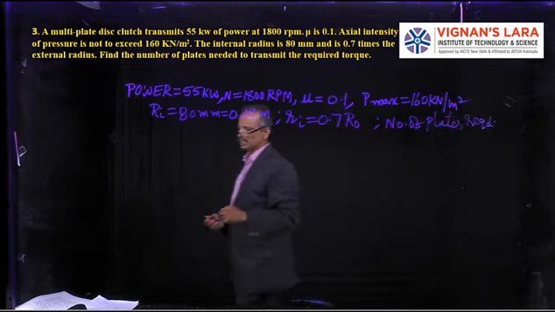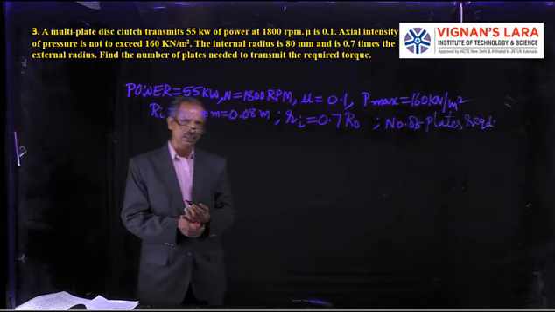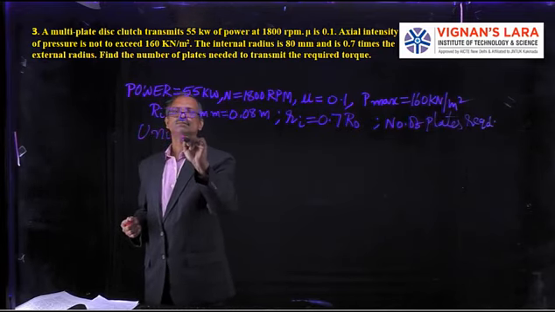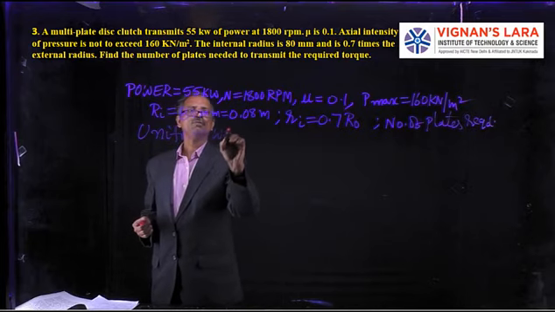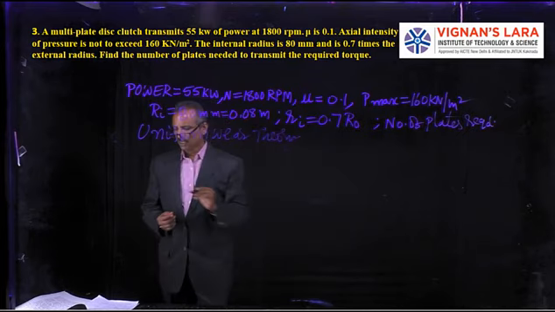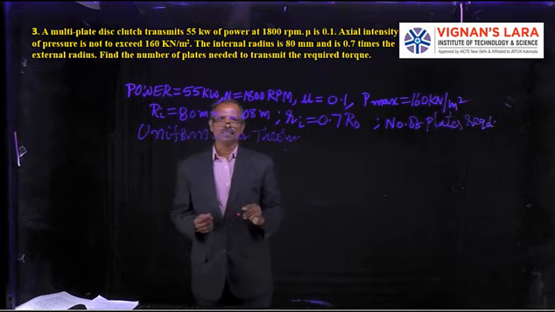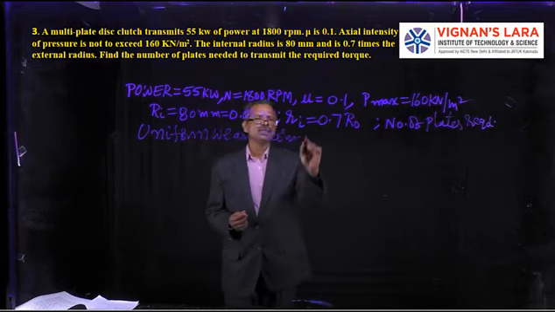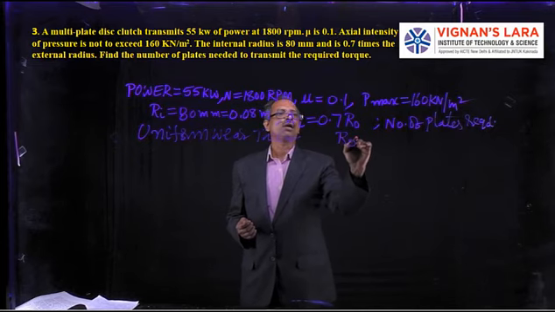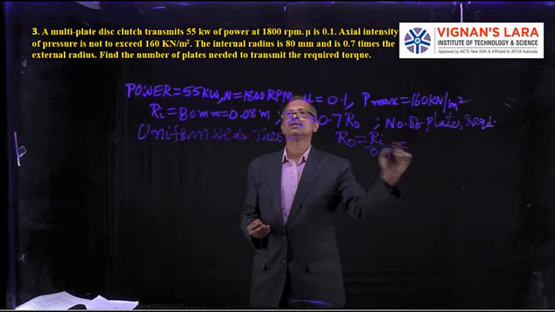As I have already stated, what theory is preferable for us as far as clutches are concerned? It is uniform wear theory. So he has given the inner radius, that is 0.08 meters. Then the relation between R0 and Ri is given. Then I can write R0 is equal to Ri by 0.7,